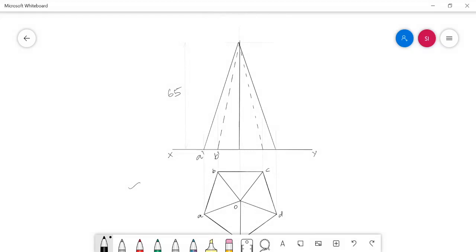And we need to mention the corners in the front view also.